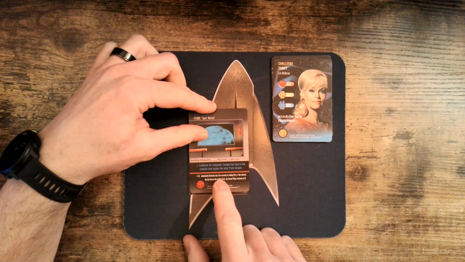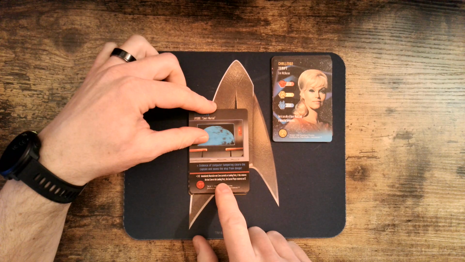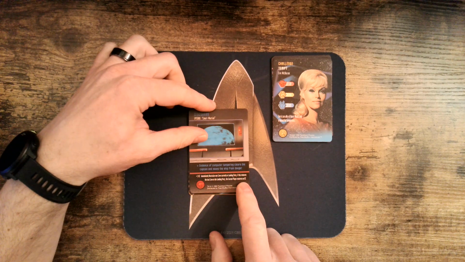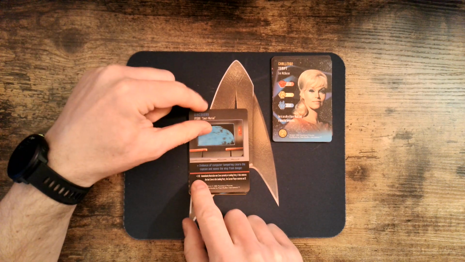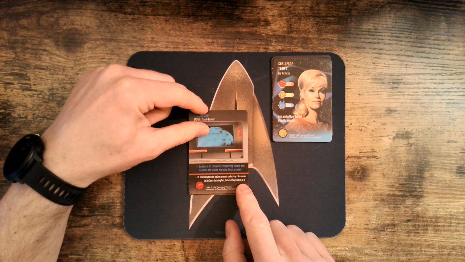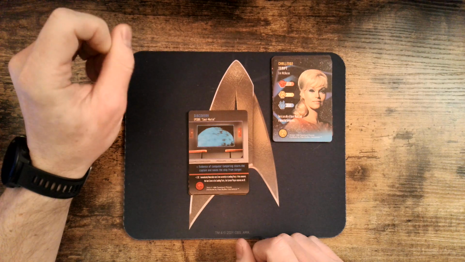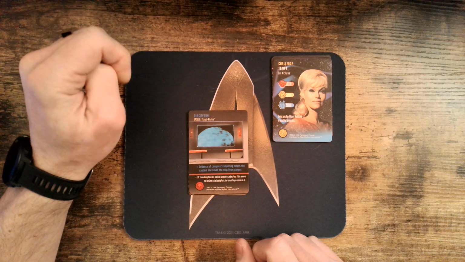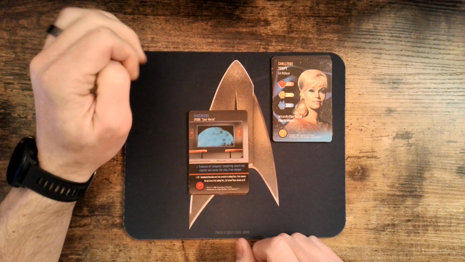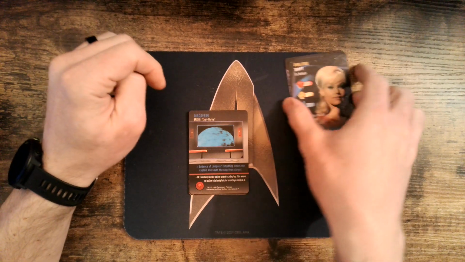Immediately neutralize 1 crew currently in landing party. If this removes the last crew in the landing party, the current player receives no XC. Ooh. So big reward, but big potential downside. That's really interesting. +3 XC. Immediately neutralize 1 crew in the landing party. If this removes the last crew in the landing party, the current player receives no XC. So